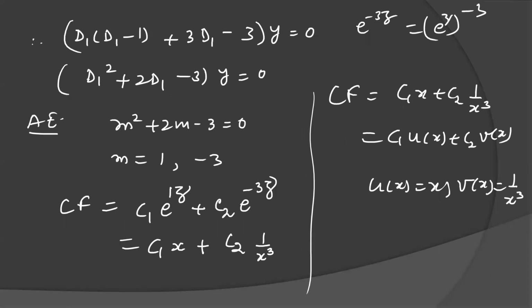Okay, next method for solution of second order ODE with variable coefficient is the reduction of order method, used whenever one part of CF is known. In this method, you will see that one part of CF is given. And in a second order ODE, you have two parts in the complementary function, like U and V, and both parts are solutions of the homogeneous linear differential equation and both parts are linearly independent of each other.